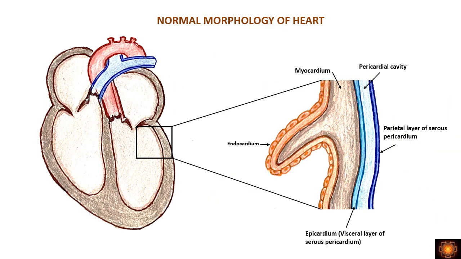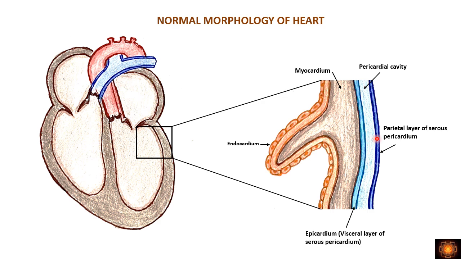Before going into the topic proper of infective endocarditis, let us see what the layers of the heart are. The heart wall is made up of three layers. We have the innermost layer, which is the endocardium, and this endocardium is lined by endothelial cells. The middle layer is the myocardium, which consists of muscles, that is cardiomyocytes, and the outermost layer is the